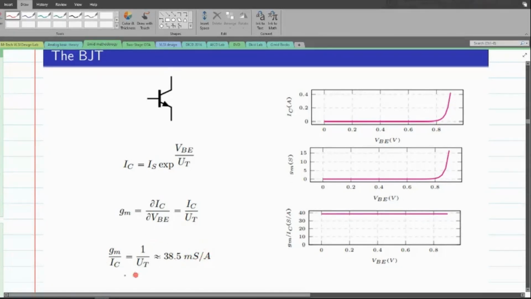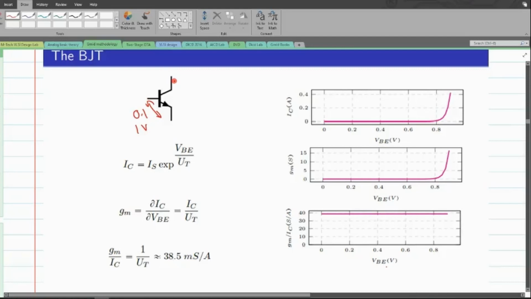When we look carefully here, what you could see is that irrespective of whatever the VBE that I have here, I end up having this transistor efficiency as a constant. It doesn't matter what value of VBE I'm applying, we end up having the same efficiency throughout the entire range of VBE values that I've applied. It could be a VBE value equal to 0.1, or it can be a VBE value equal to 1 volt. It doesn't matter. We end up having the same transistor efficiency out of the circuit.